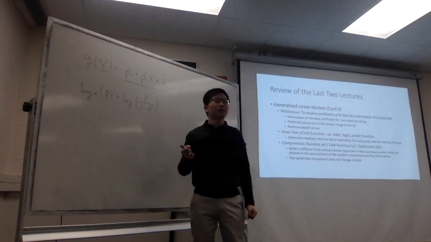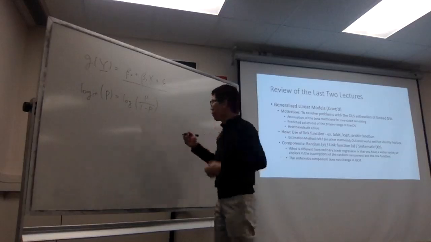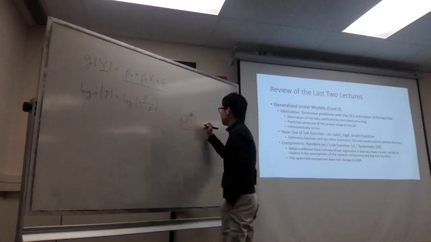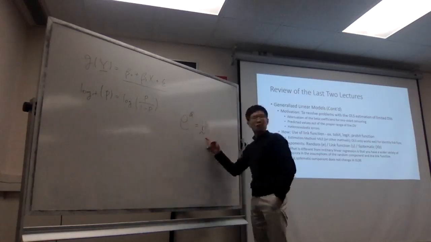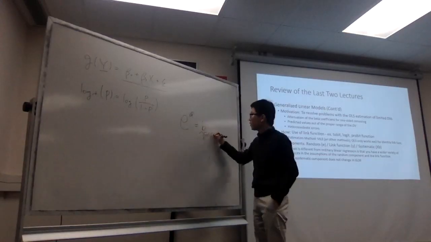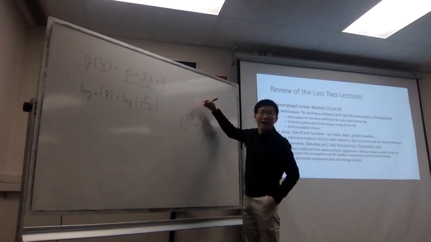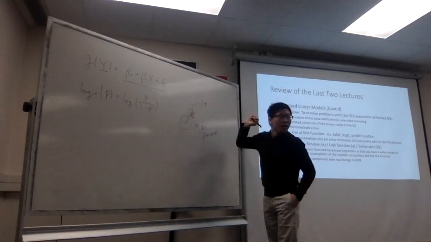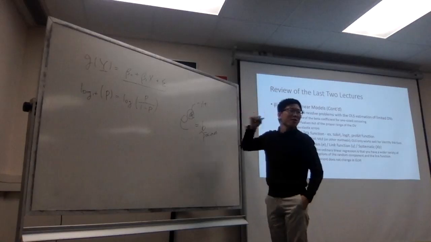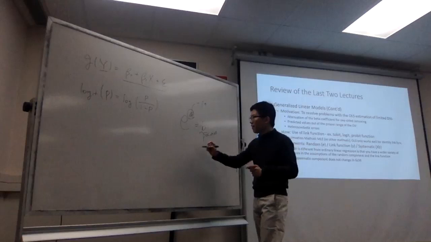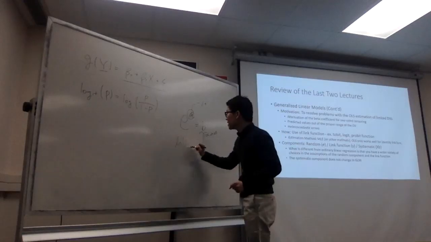Does that make sense? Because e to whatever number a becomes b, and it's always positive, regardless of whether a is negative or positive. I'm assuming you guys know much about power. Okay. And then if you put the log in it,